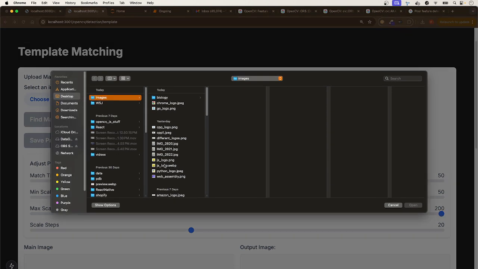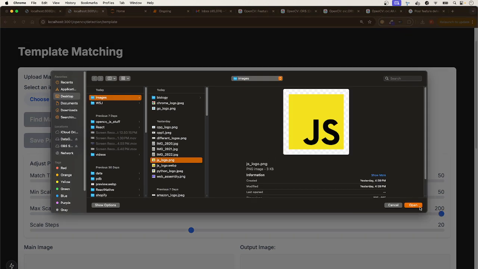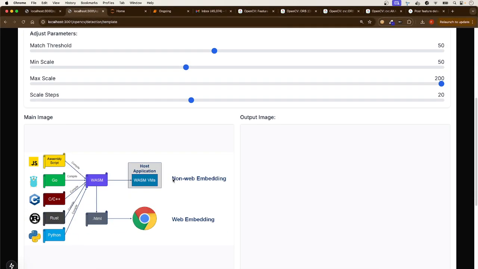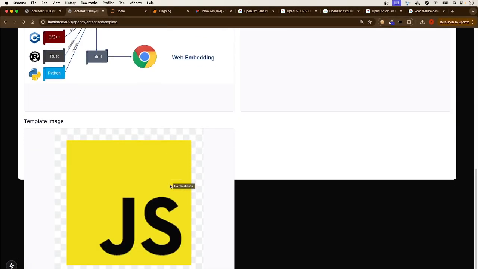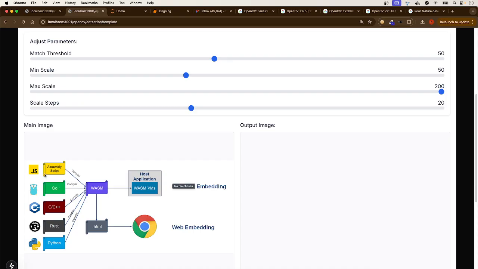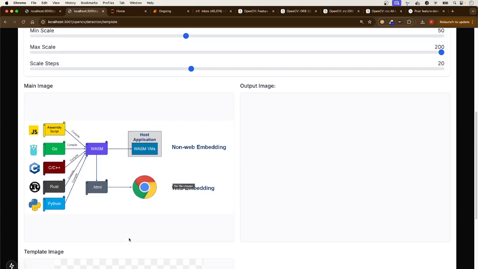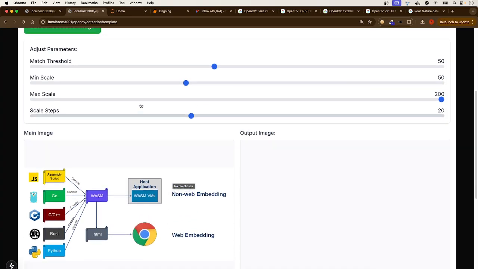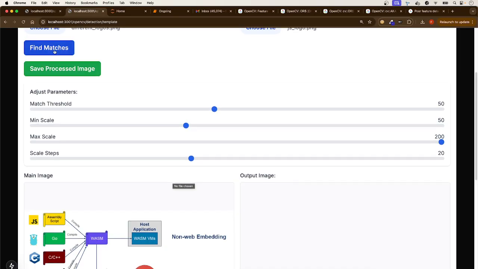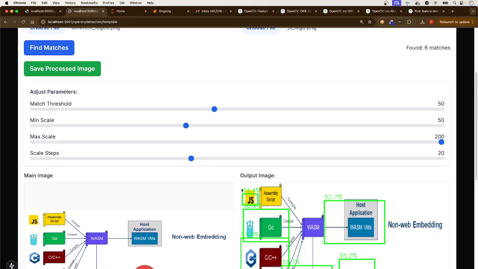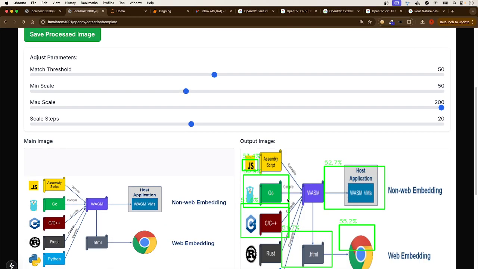Then you select an image, and now we're gonna select the template image. In this case, we're gonna do a JS logo. So we have the JavaScript logo. You can see it there, and you have the template image. So hopefully it's going to find it. So let's do find matches, and there it goes. It found it with